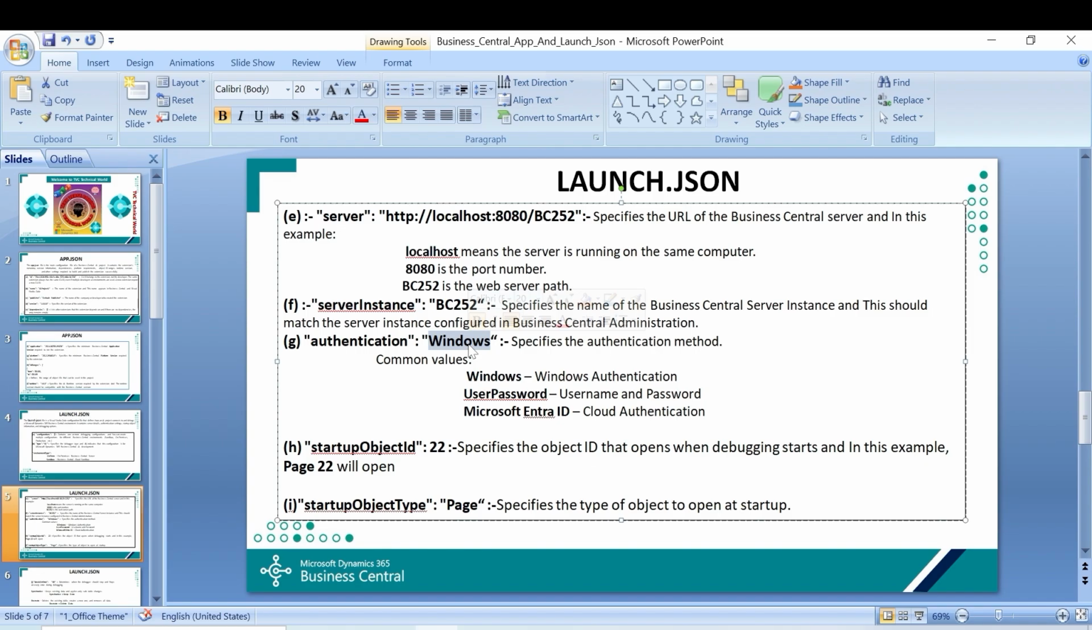If you want to use a blank window, you can just use it. If you want to use the user ID and password, then fill in the user name and password. And this is the startup object ID. When you publish your project, if you mention the object ID and object type, it will always open that particular page